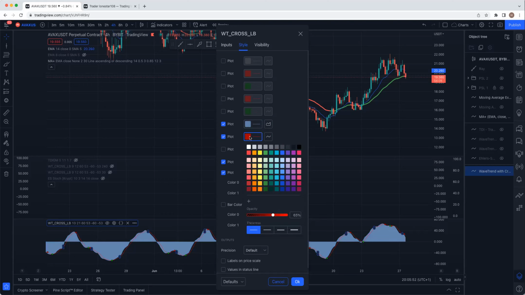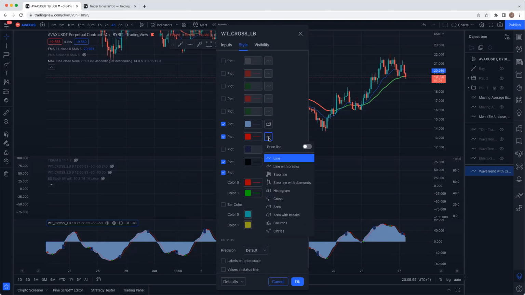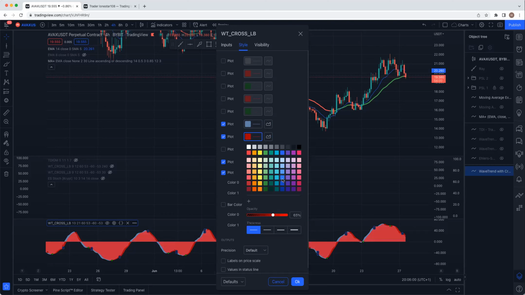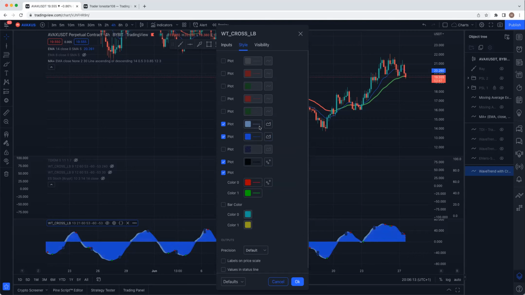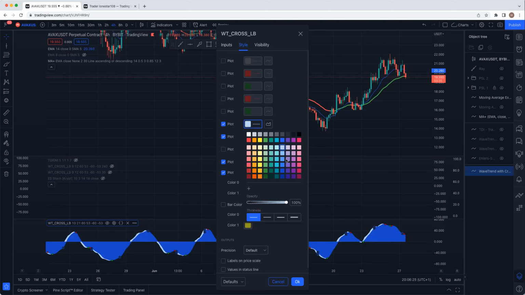Go to this next plot area, change it into an area, and then change the color into a deeper blue. So we have a light blue and a deeper blue like this. This is what I want you to do, and then you save it. Let me go into the other one and see if I can get a better blue. Or even let's put it to the top and save it. That's fine. It looks more like a very light blue or some kind of whitish. And then you save it.